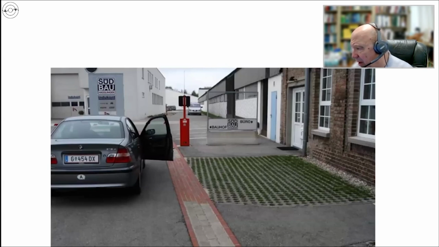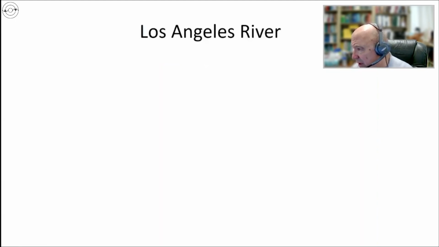This one's in Europe, and I was attending a meeting over there, and I saw this, and I always carry a camera with me. So this is an example of porous pavement. And I think this was sort of a test area here because they only did a part of it. The nice thing about this porous pavement is that you can drive a vehicle on it. Some porous pavements you can't drive vehicles on, but this type of pavement you can.